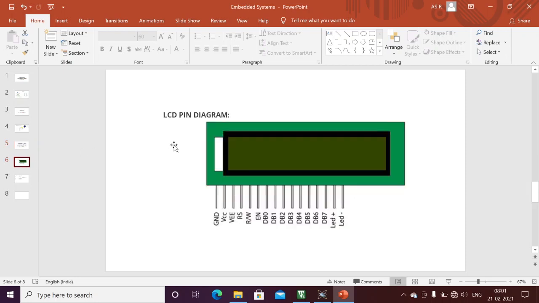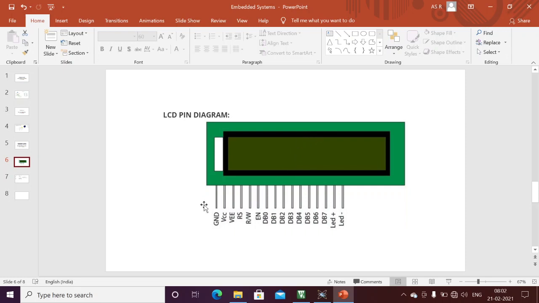And here we have the 16x2 LCD, that means 16 columns and 2 rows. Mainly we can display 16 characters in each row, totally 32 characters. For example, if I want to display more than 32 characters, we need to clear the complete data, and then we can display other information. Mainly by the use of commands, we can control the LCD. By the use of alphanumerical data, we display on this LCD.